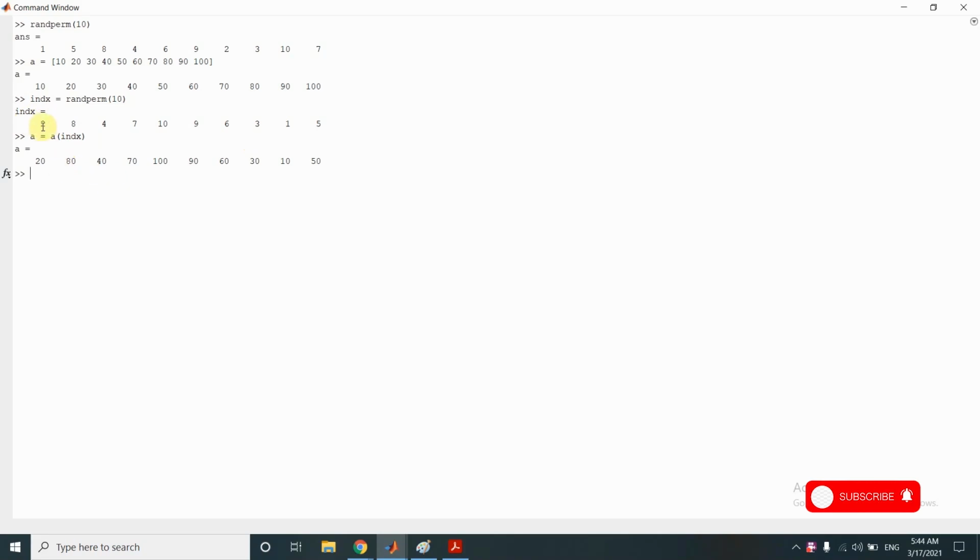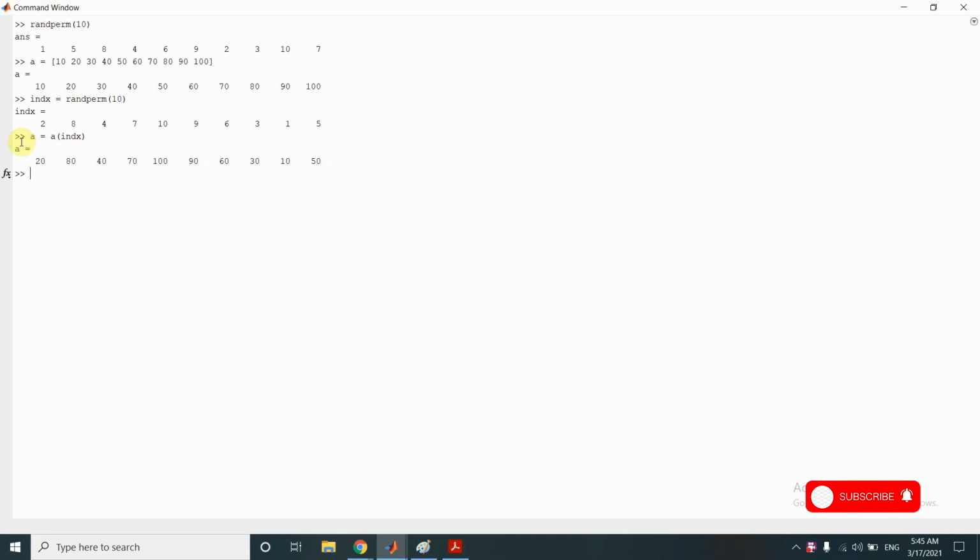As you can see here, the first element in indx is 2, so it would take the second element as the first element. So it has taken 20. The next number is 8, so it would take the 8th element, which is 80. Next number is 4, so it takes 40. Then 7th, so the 7th element is 70. The 10th element is 100. Finally, the last element is 50. So we have taken 50.